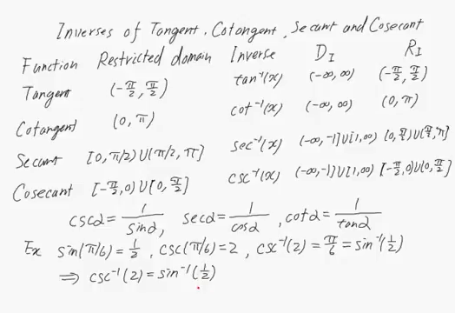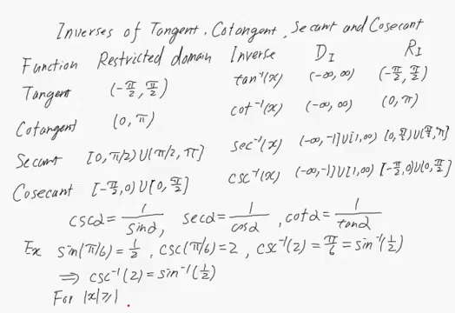So actually, for any x for which the absolute value of x is greater than or equal to 1, so that this x is in the domain of the cosecant and secant, we have this identity